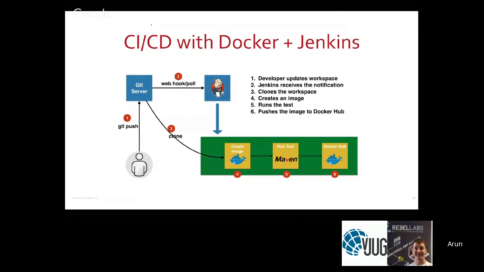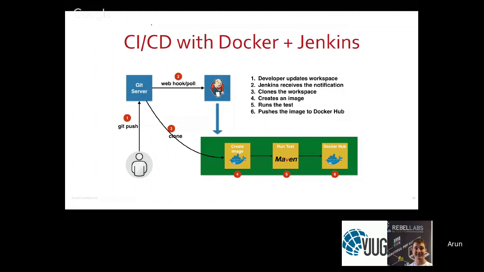Now, this is a very classical use case on how people set up their CI/CD pipelines with Docker and Jenkins. And I should maybe add a blog URL for this as well in the slides. But the idea here is, if you look at it, there's a developer. Every time he does a git push to the Git server,